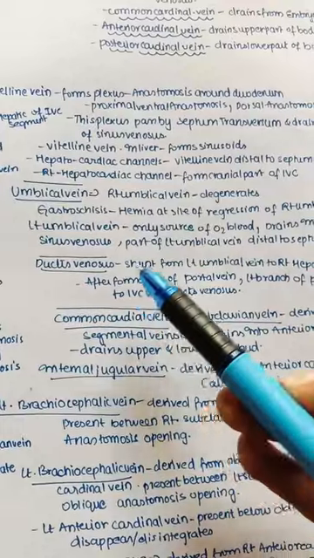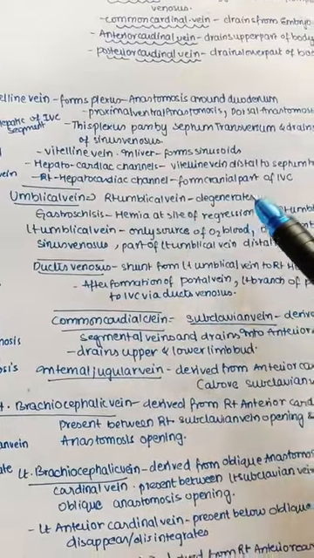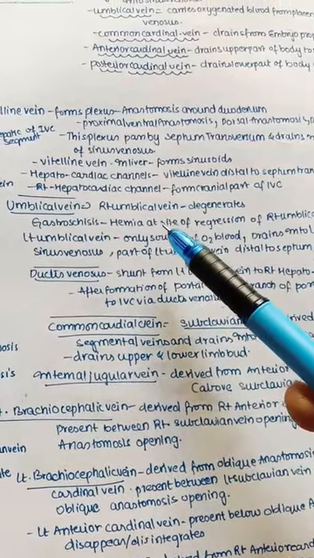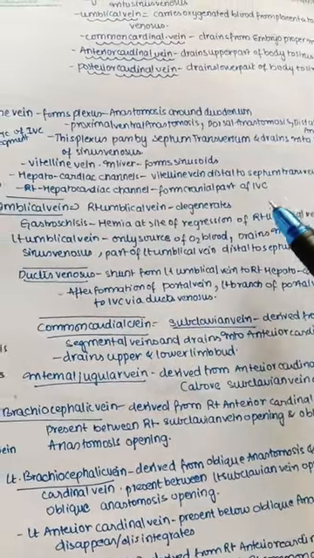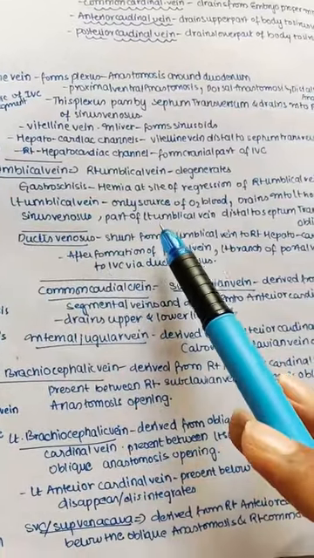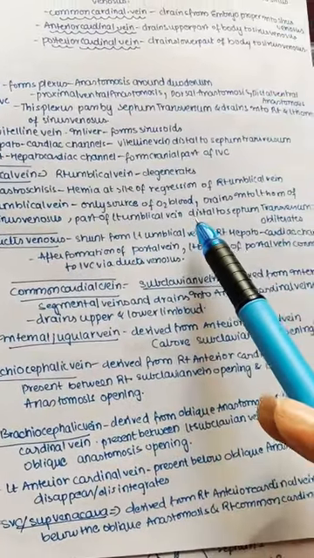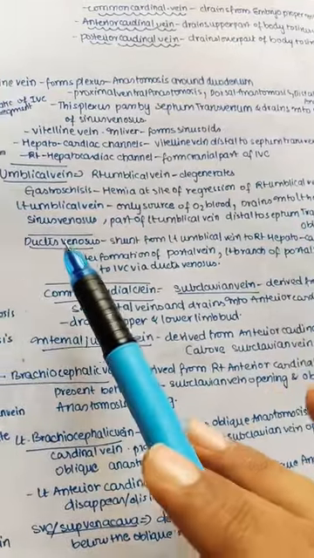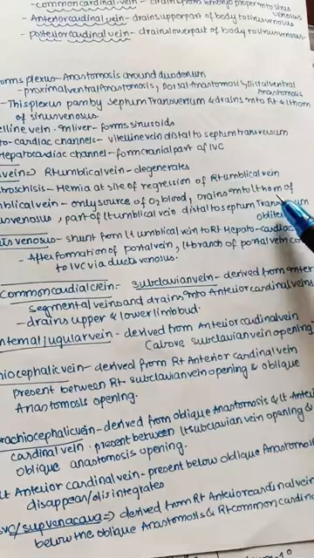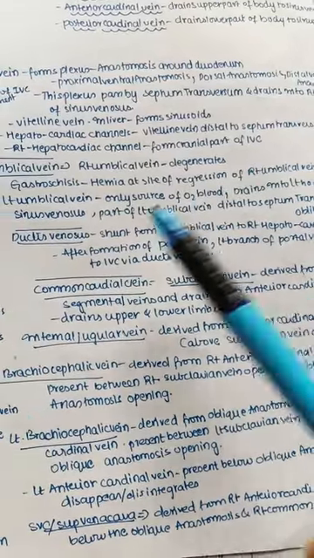So umbilical vein, actually we know the right umbilical vein degenerates, and gastroschisis is the condition where the hernia is seen at the site of regression of the right umbilical vein. The left umbilical vein is the only source of oxygenated blood and drains into the left horn of the sinus venosus. So the part of the left umbilical vein distal to the septum transversum gets obliterated.